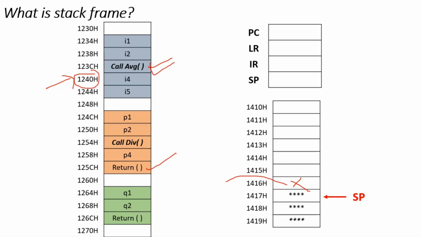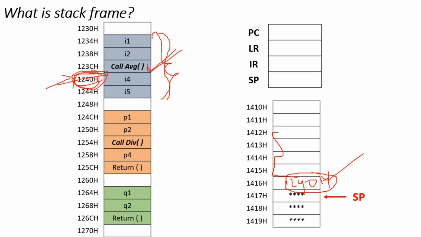Whenever there is a function call, the PC value is pushed into the stack. Whenever there is a function return statement, PC is popped out from the stack and PC is restored. So what is the stack frame? When I said that when there is a function call, the PC value, that is 1234H, is pushed into the stack, it is actually not the whole story. Not only the return address is pushed into the stack, there are some other details also pushed. When a subroutine call is executed by the processor, not only the return address is pushed into the stack, but also some other information.